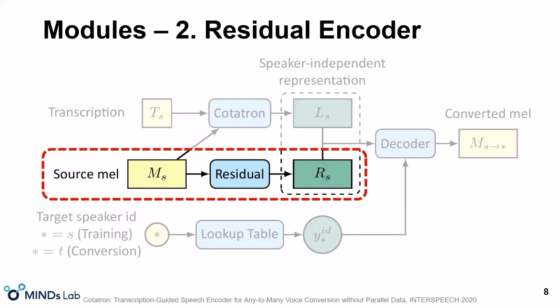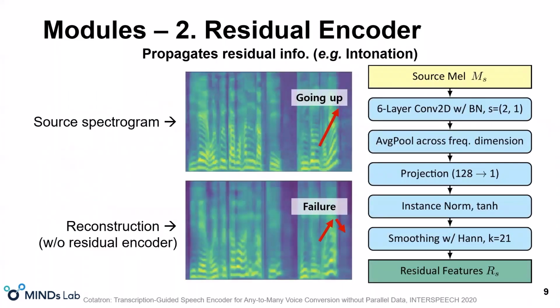Next, I'll talk about the residual encoder, which encodes the extra features from the mel spectrogram for better voice conversion. What prompted us to build the residual encoder was to realize that the Cotatron features alone aren't enough for the best conversion quality. Sometimes the decoder failed to correctly reconstruct the source spectrogram with Cotatron features,